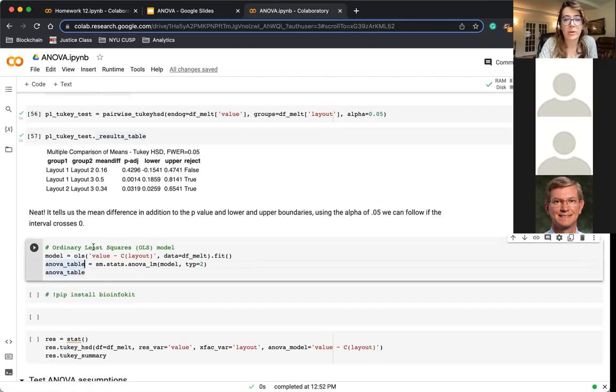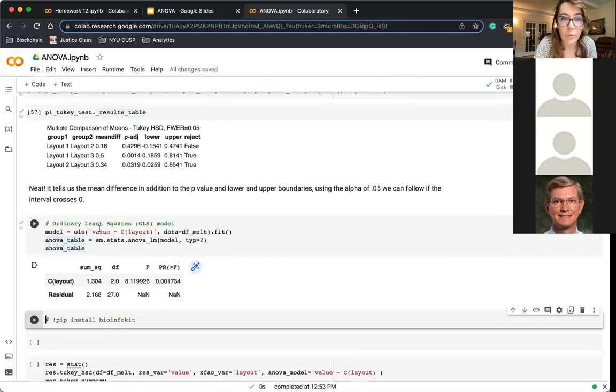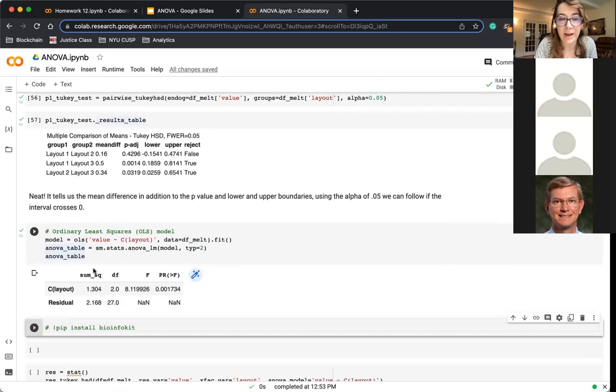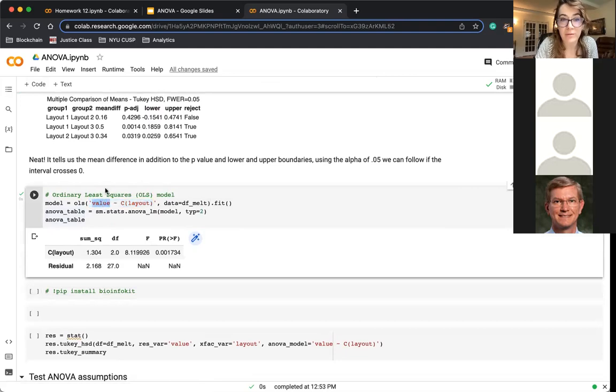And I just added this ordinary least squares model, because if we were getting into regression, this is just a little sneak peek into that, which in our class we won't be, but I assume in the next class, hopefully, that is where you're going, where we are now really ready to start creating models to try to predict what the mean sales might be based off of the layout. So this is just showing how we are really at this point where we can start to use the value of the mean sales as it relates to this categorical variable of layout to try to understand the statistical relationship between these different values. So this is just another way to get this ANOVA output